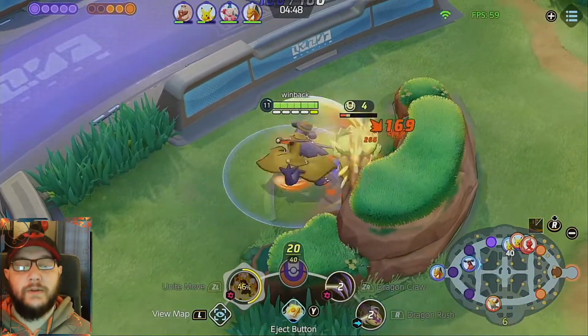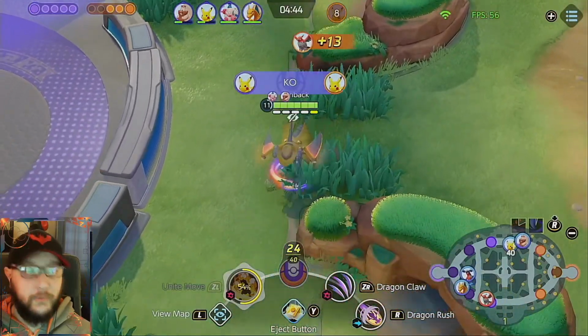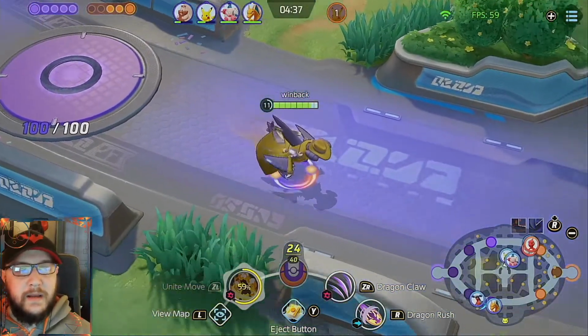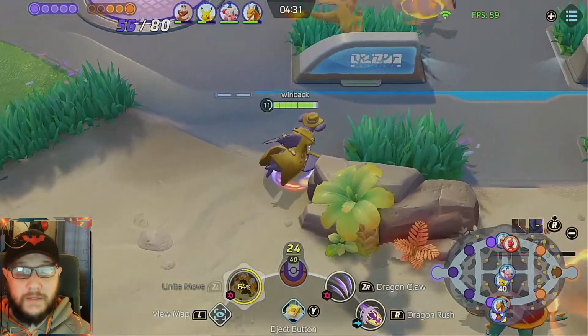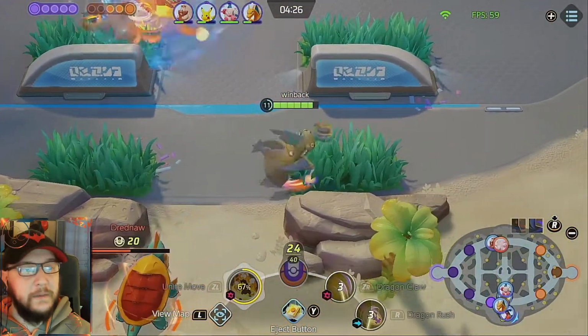Seeing the combo with the Dragon Rush and the Dragon Claw, taking out some easy camps all the way through. And now we've got our detective get-up on. We're spotting all the little magnifying glasses, and we're going to go stop this Talonflame. Or Talonflame's going to stop himself, go after our Charizard, and we're going to completely whiff all of our abilities